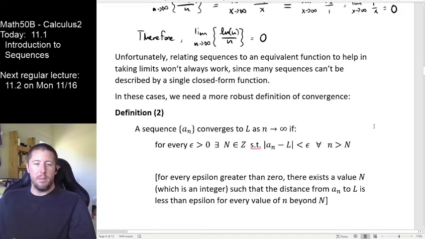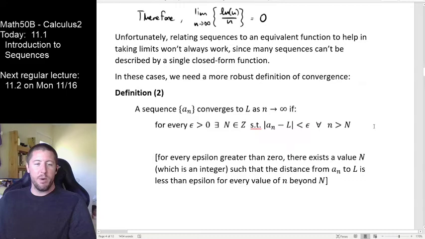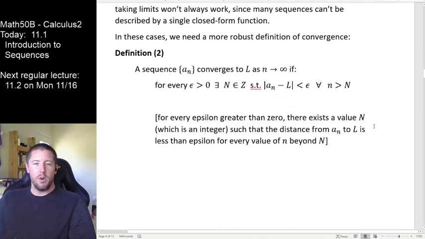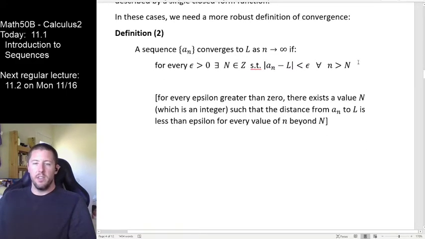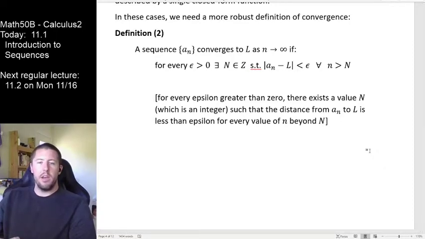Fortunately for you, I've written out in a paragraph below it what I actually mean when I say this, but we really do want to get on board with a lot of this new notation here. So let's talk through this epic line right here. A sequence, a sub n, converges to the number L as n goes to infinity if,